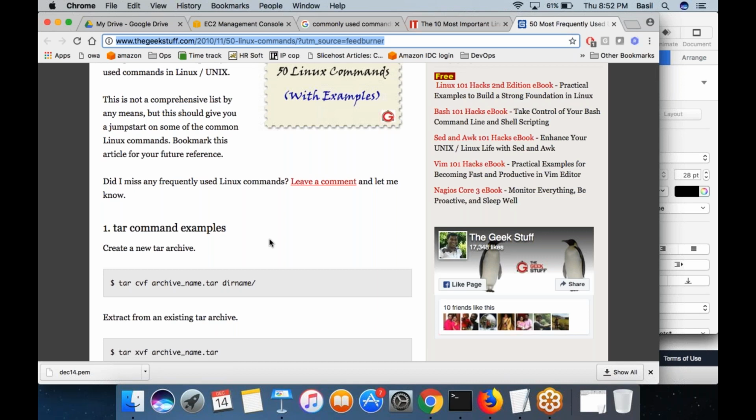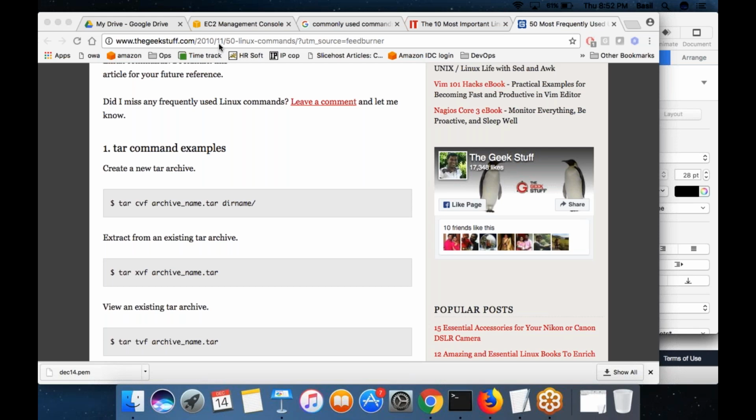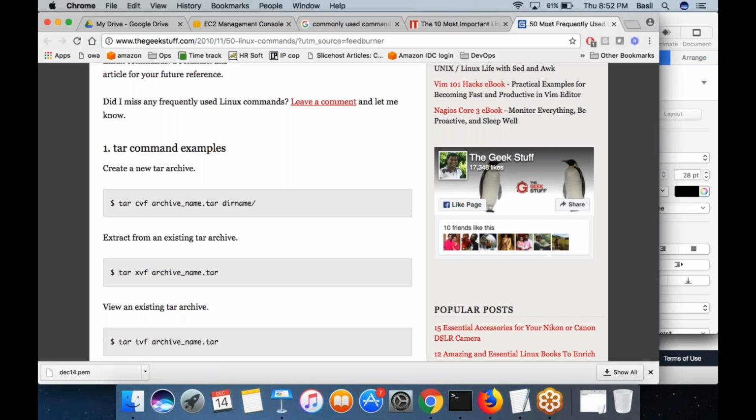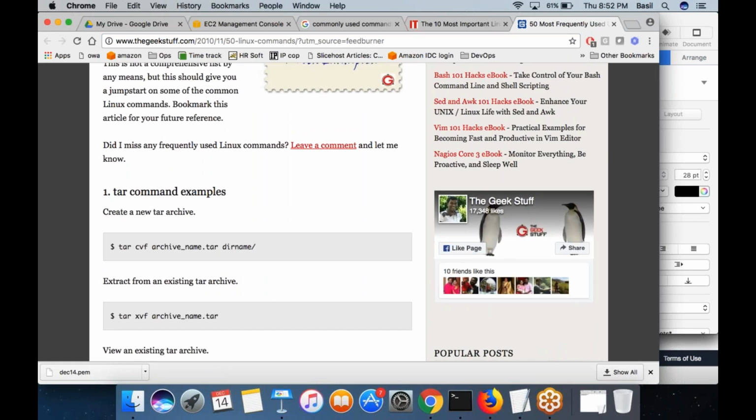So I will tell you the approach that you need to follow. Initially it would feel like you are in a strange place, because it's all command line when you log into the Linux machine. So open the link that shows 50 Linux commands. You can see the commands. Probably it is not described as much as you expect.